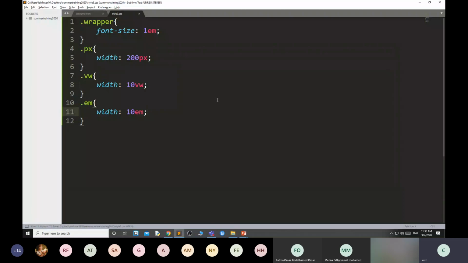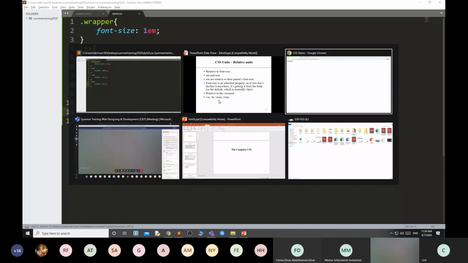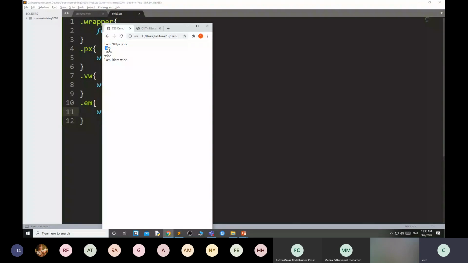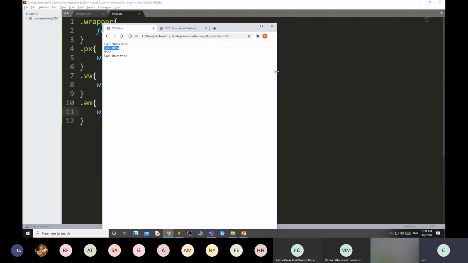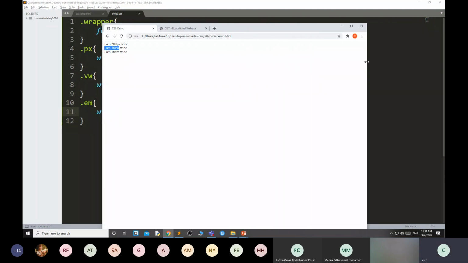First, let me save it. See here, once I change the screen, you can see this 10 VW wide comes down. Once you change the screen, till this size it is in one line, this VW.